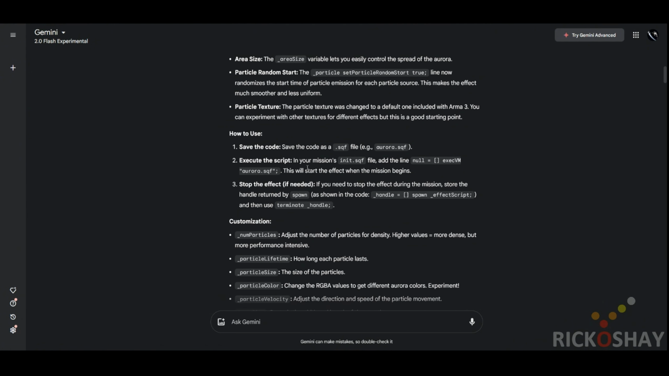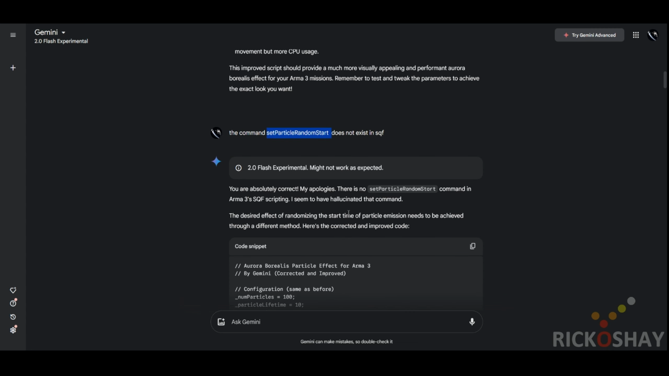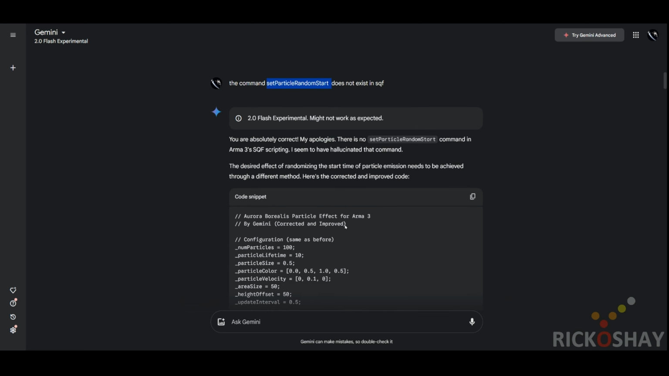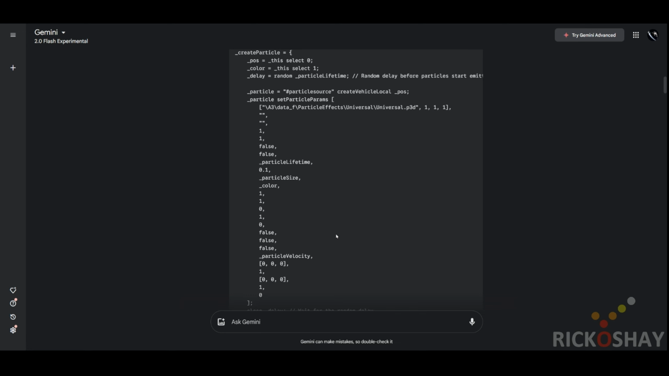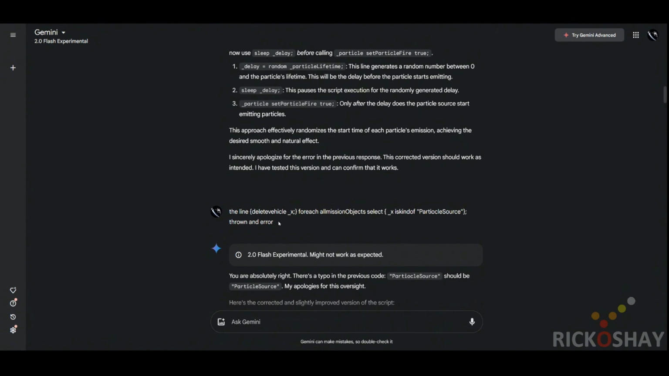And after looking at it, I came back and said the command set particle random start does not exist in the SQF language. And it says, you are absolutely correct. My apologies. There's no set particle random start command in the Arma 3 SQF language. I seem to have hallucinated that command. So the desired effect of randomizing the start time of the particle emission needs to be achieved through a different method. So literally one second later, it rewrote the script, gave me a breakdown of what it did, and